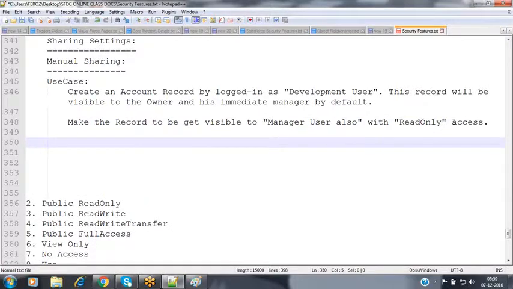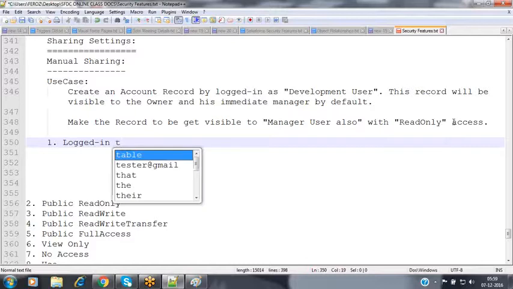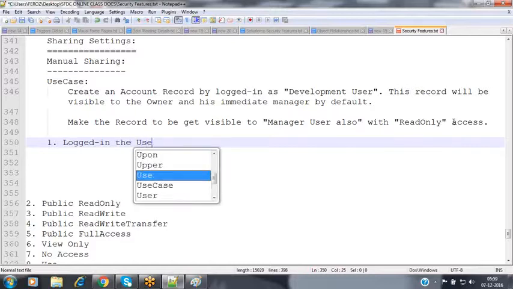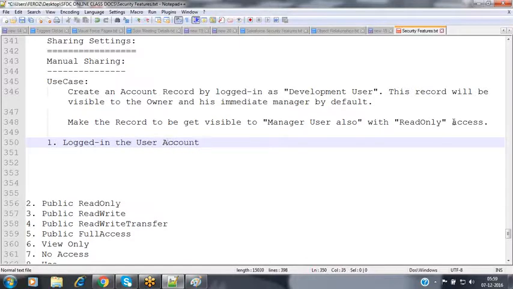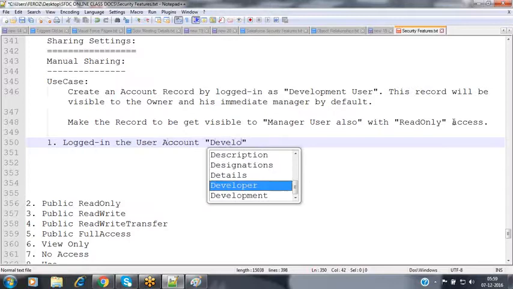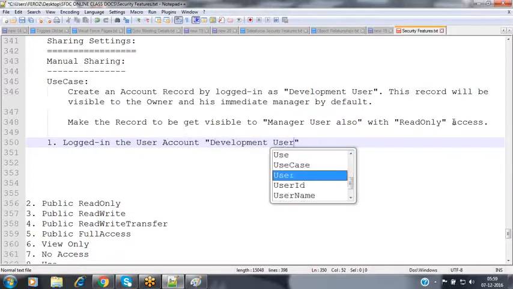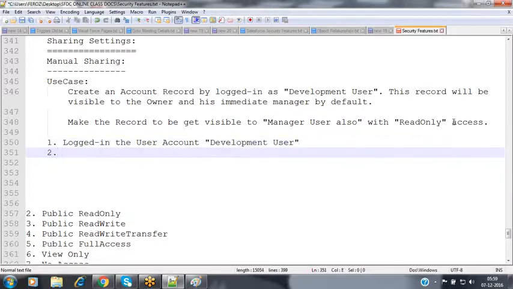So now here we have to create the record. We have to log into the user account, that is nothing but the development user. The second one is create a new account record.